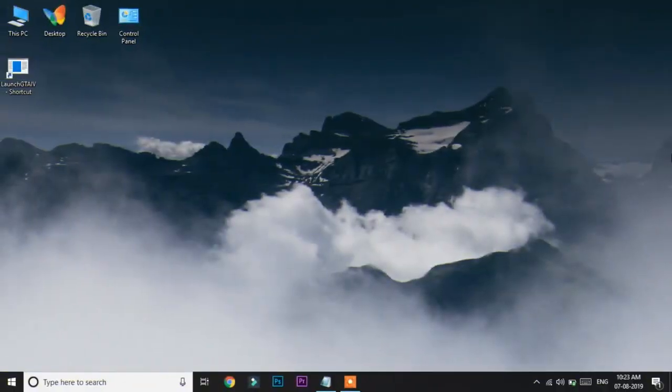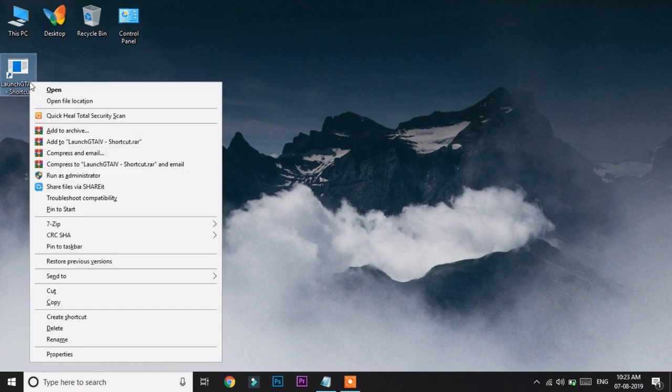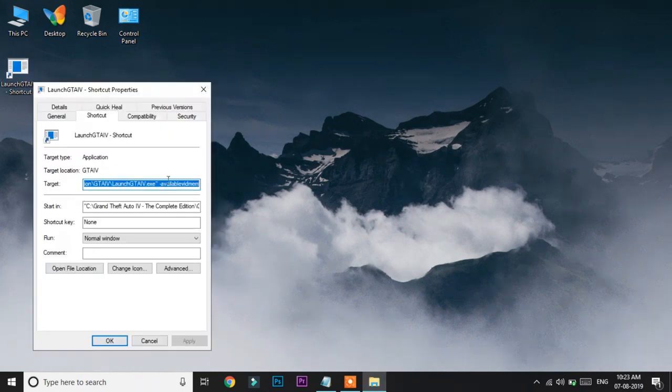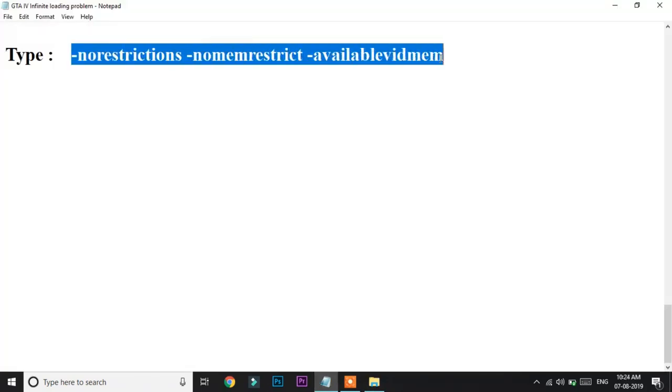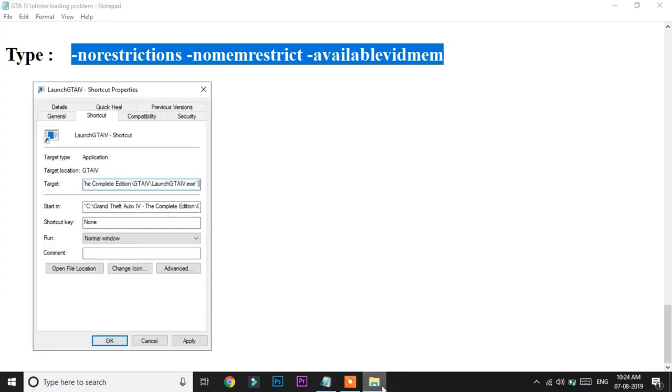So for method 4, once again you have to go to the properties of the shortcut which you have created, but this time the method is a little bit different. Wait, I will show you that. Just go to properties and once again paste a text in this target area. First you have to delete the text which you have typed before, and just copy the fourth text which is mentioned in the description, which is like this. So just copy this from the description and paste it into there. Make sure to give a space.